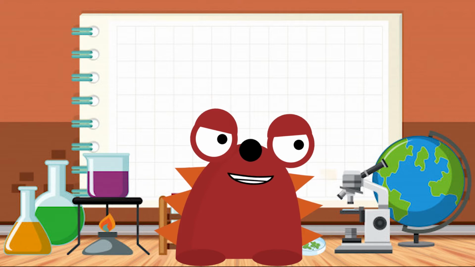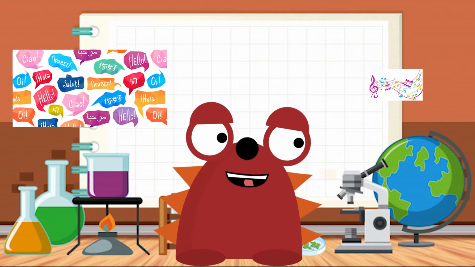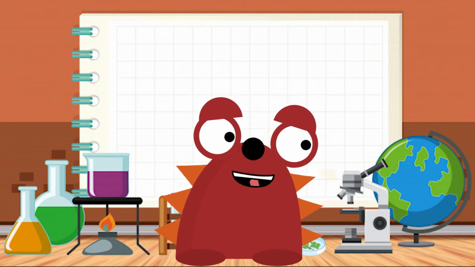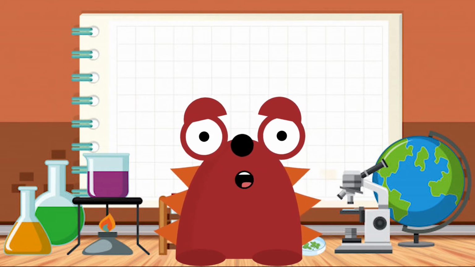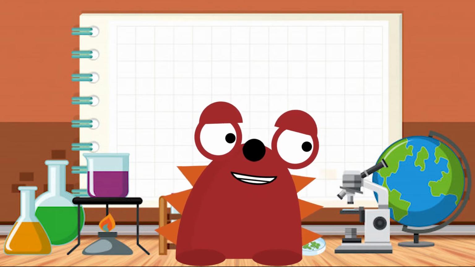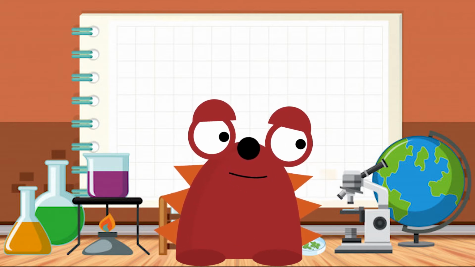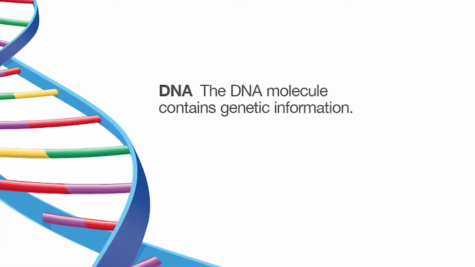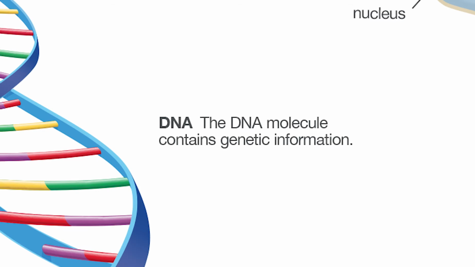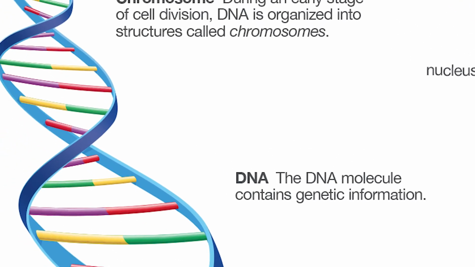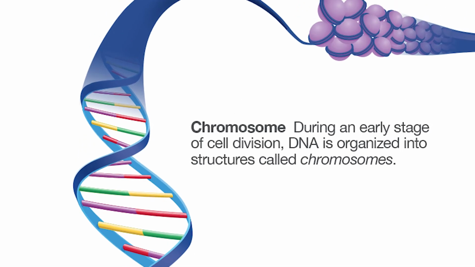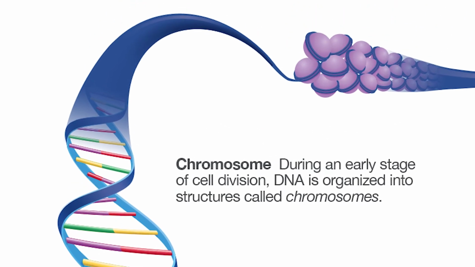Other traits, such as language and musical taste, are determined by the environment. However, most traits are influenced by both genetic and environmental factors. Each person has a unique combination of many traits. The genetic material in organisms is DNA. It is a double-stranded molecule organized into structures called chromosomes.